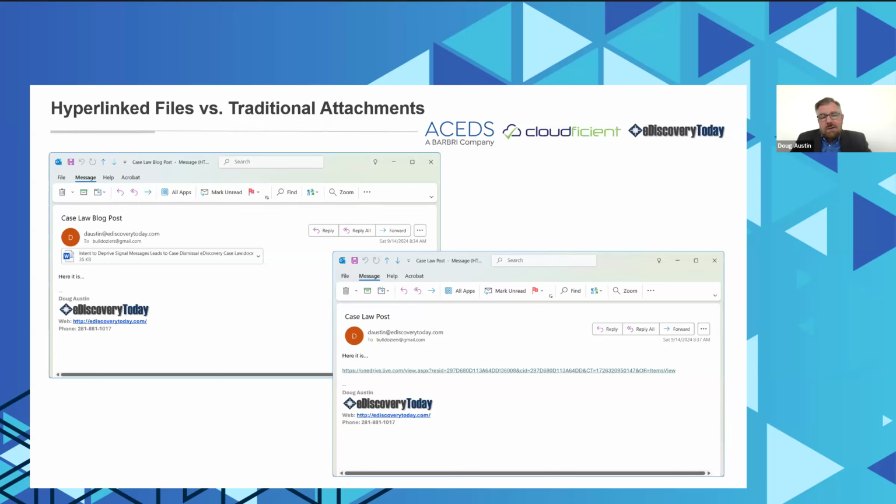And then you see another email sent where it's a link to the file instead. With that link, the file may be edited. Since I sent the link, it may not even exist anymore. There are a lot of variables that can come into play with sending a link to a file, which is dynamic, versus sending an embedded file, which is static.